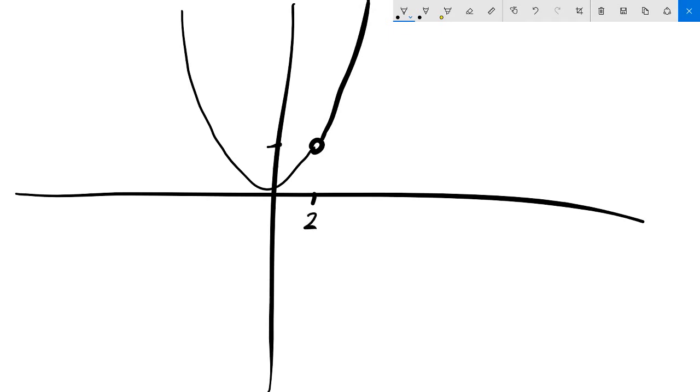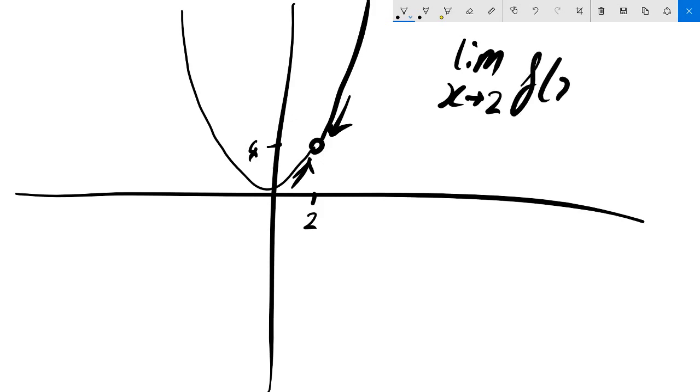And we'll say 4. So if we get continuously closer to this point, the limit of x approaching 2 of this new function f of x, whatever this is,